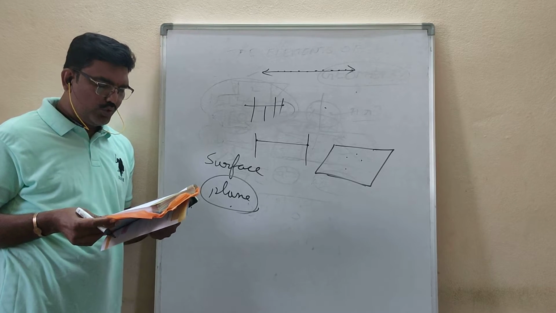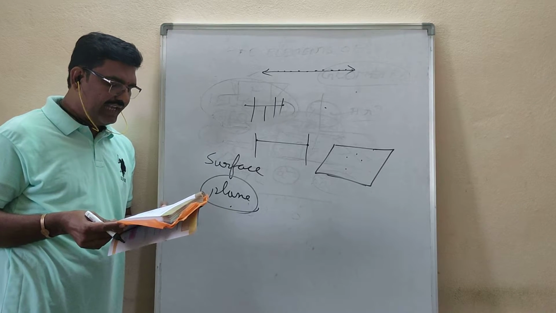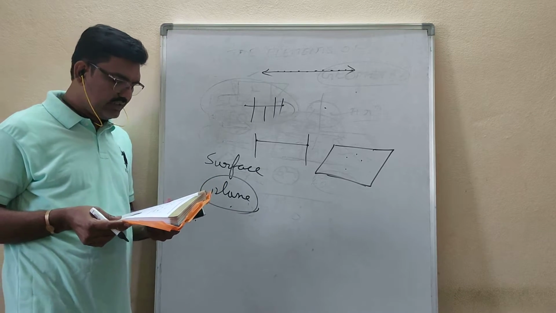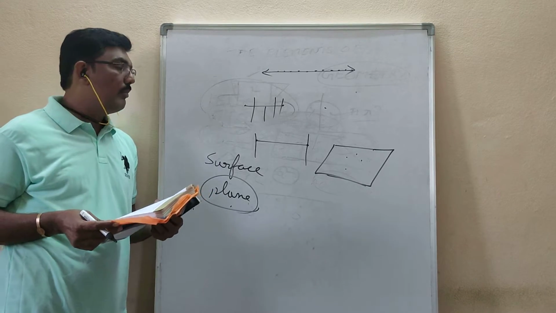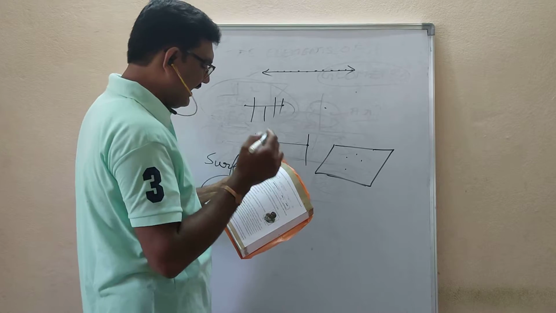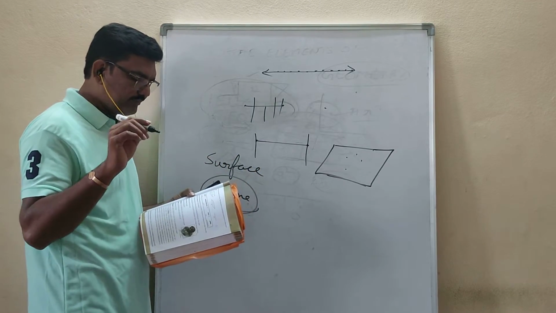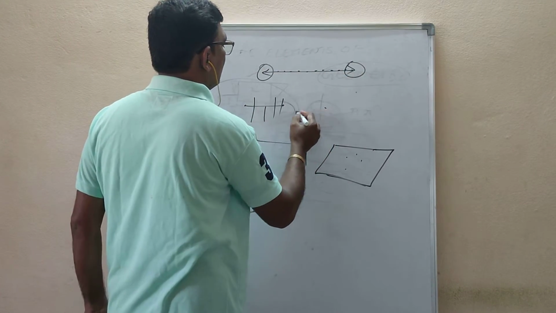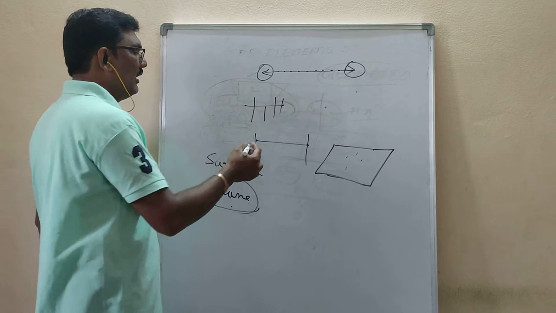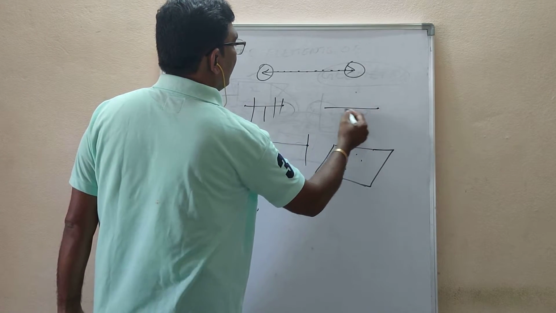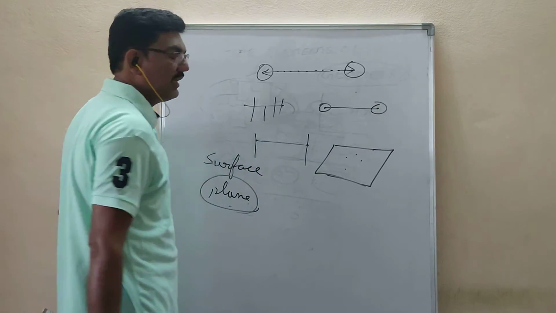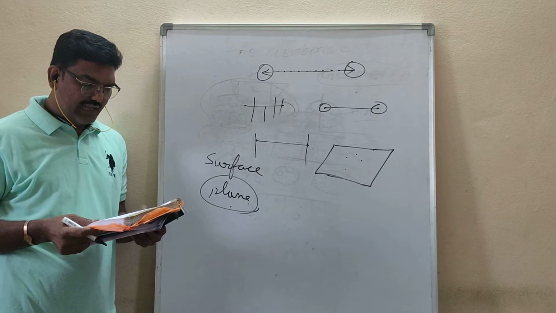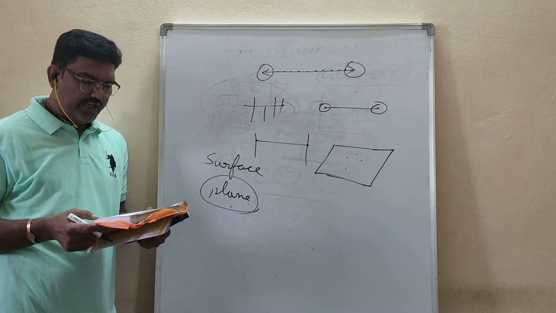So according to Euclid, what is meant by a line? A line is breadthless length. The ends of a line are points. At that time he said this, but we won't see that one. A line won't have any ends, but in his imagination, it is a line segment. For a line segment, here and here, points will be there. So the ends of a line are points. A straight line is a line which lies evenly with the points on itself.